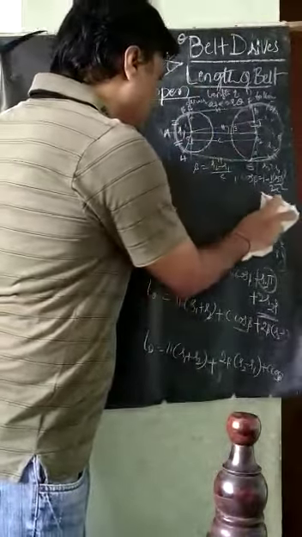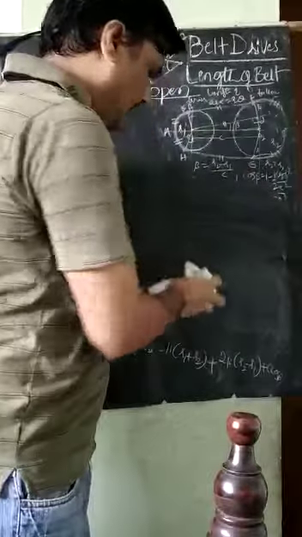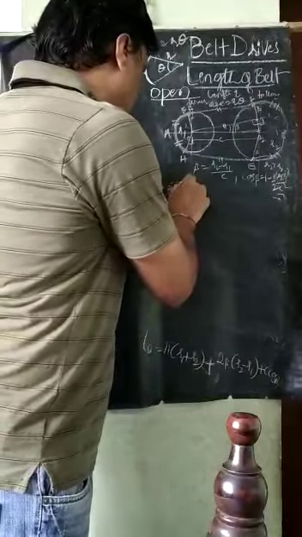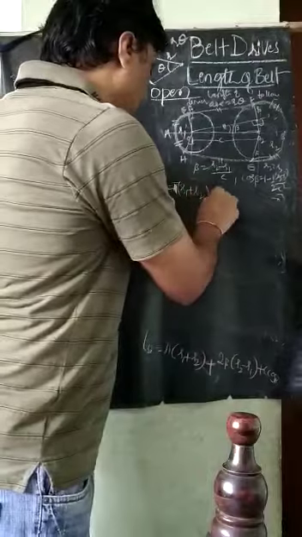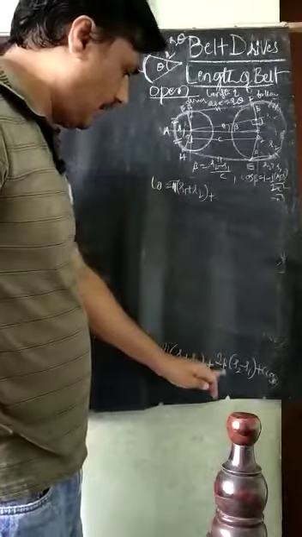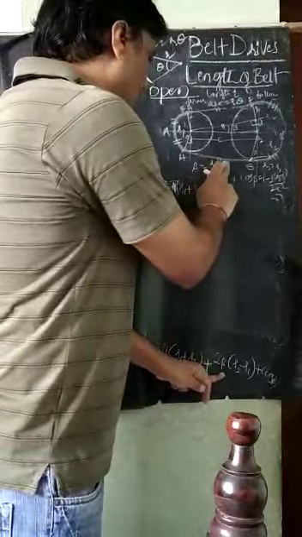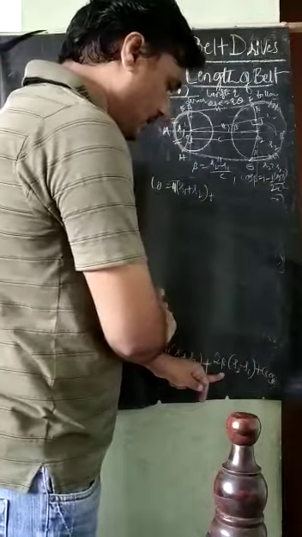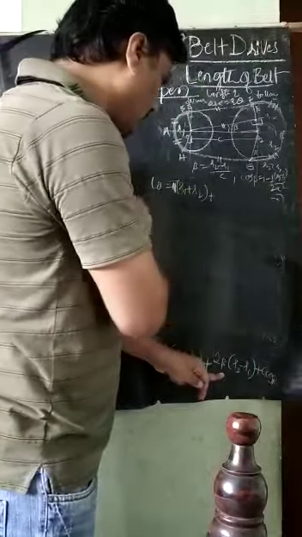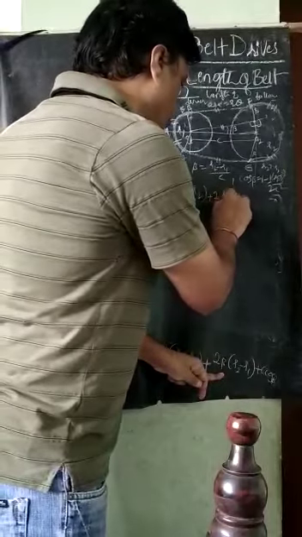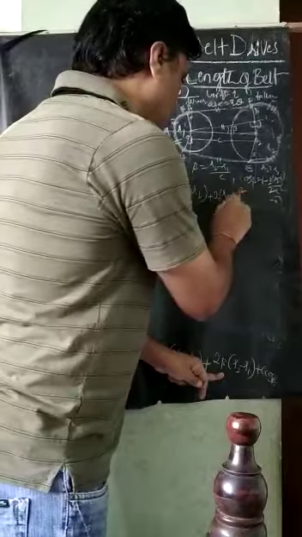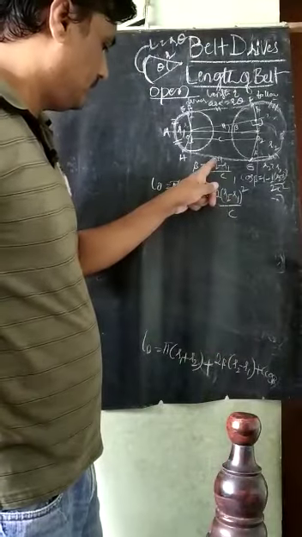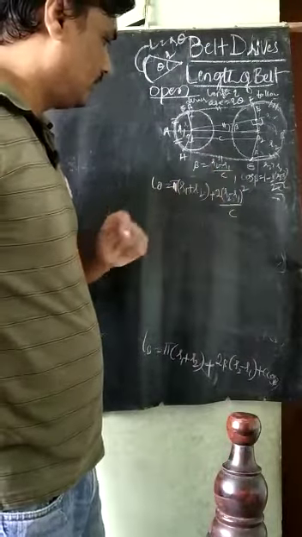Next, I will substitute it here. So now LO, the length of the belt, is equal to pi into R1 plus R2, then plus 2 into beta, where beta is R2 minus R1 divided by C. So therefore here also one more term R2 minus R1 is there, and this will become squared. So it is 2 into R2 minus R1 squared divided by C, because beta is already R2 minus R1 divided by C, and both become squared here.